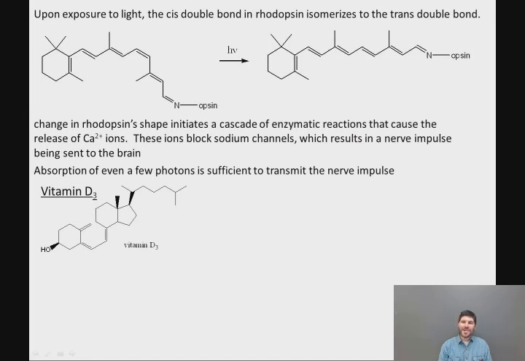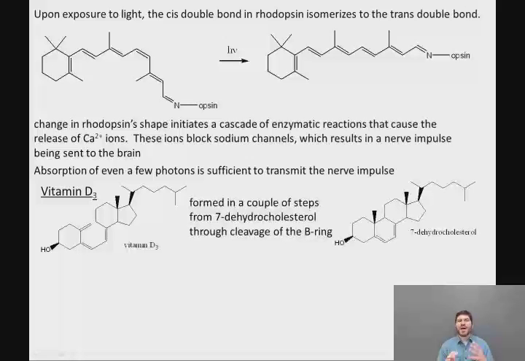Okay, so the next vitamin I want to talk about is vitamin D. I'm going to talk specifically about vitamin D3, although vitamin D2 has a very similar structure. It just has one additional double bond. The structure of vitamin D3 is indicated on the slide. That is not the way that most textbooks draw vitamin D3, but I have drawn it that way for a purpose. And of course, the purpose is to show that vitamin D3 is biosynthesized in a couple of steps from